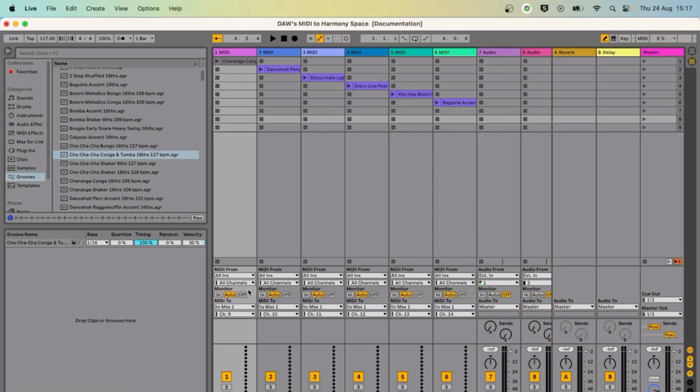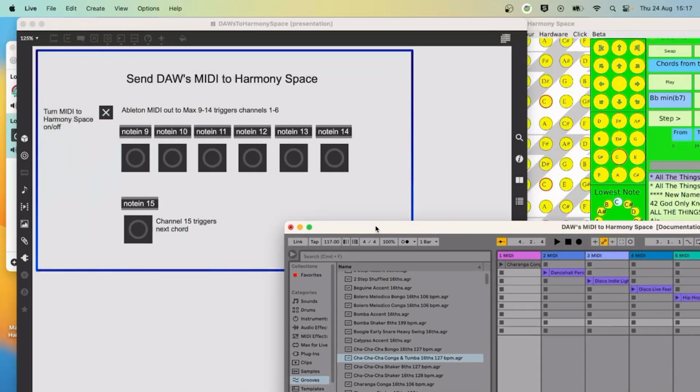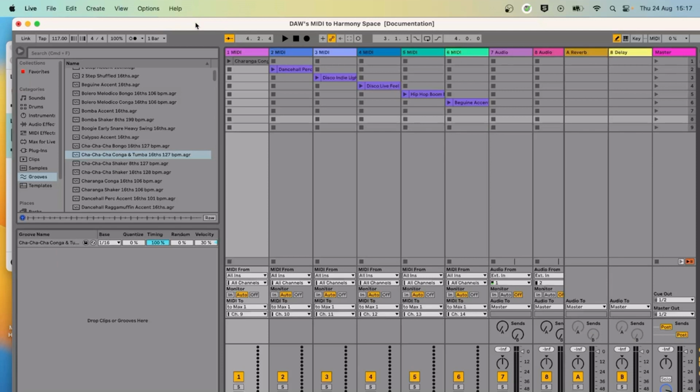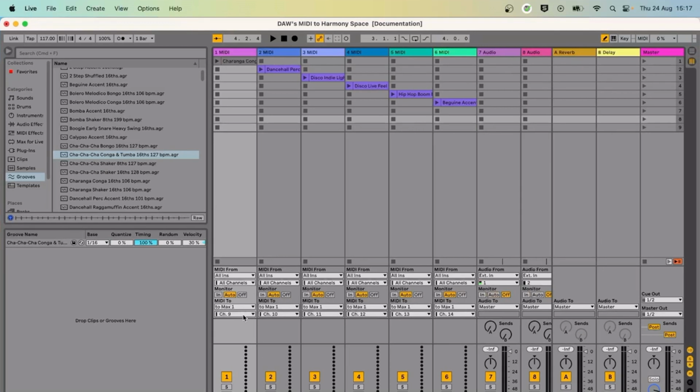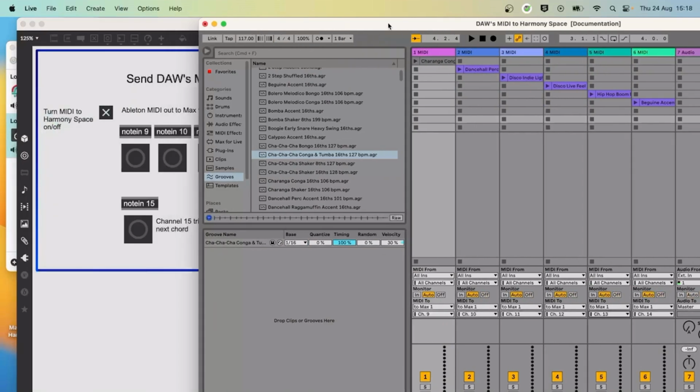So when you get to your DAW, you might want to create 6 different MIDI tracks. You then want to make sure your MIDI out is going to Max for each of these tracks. And then you probably want to send each to a different channel, so you want to send it to each of these note ons. So send the first track to note on channel 9, the next one to 10, 11, 12, 13, 14. So when this is set up, you can instantly start playing MIDI notes and they'll begin triggering channels in